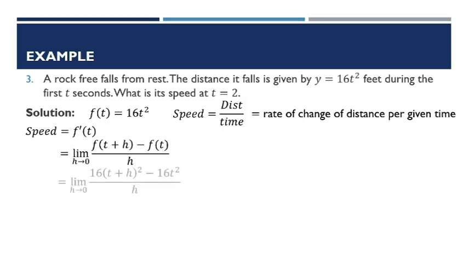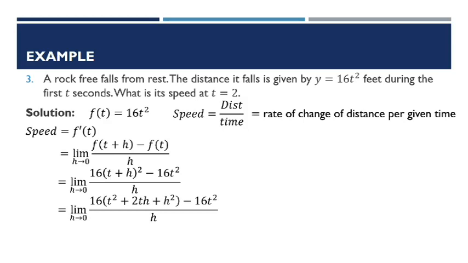So taking the limit and substituting the given function. So 16t squared magiging 16 times t plus h squared minus 16t squared all over h. Okay? So expanding the squared, meron tayong 16 times t squared plus 2th plus h squared minus 16t squared over h. Then,